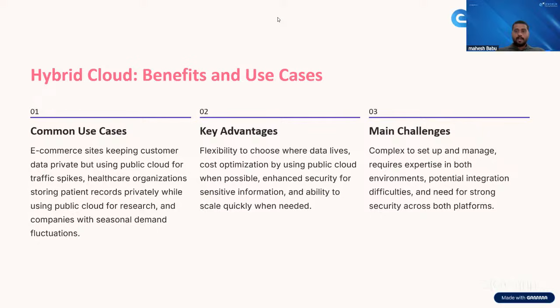It requires expertise in both environments, potential integration difficulties, and the need to secure data across both platforms. Participants, it is very important that we take these things into consideration.